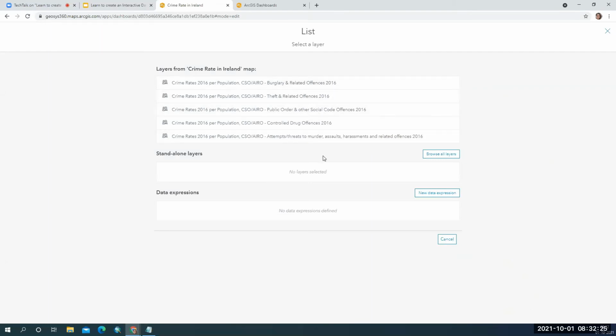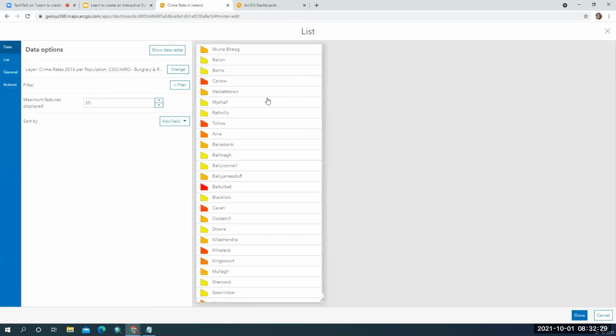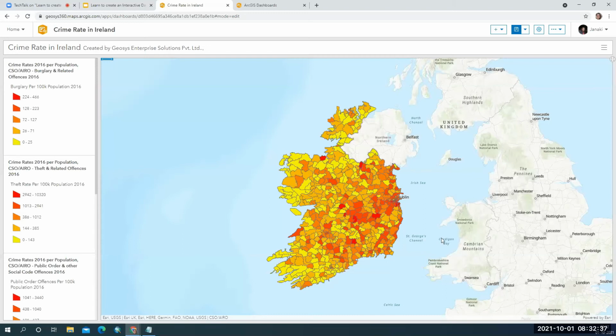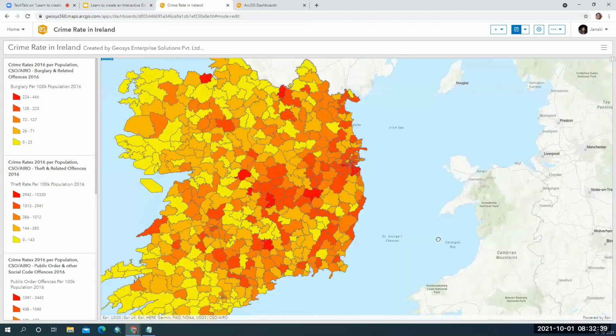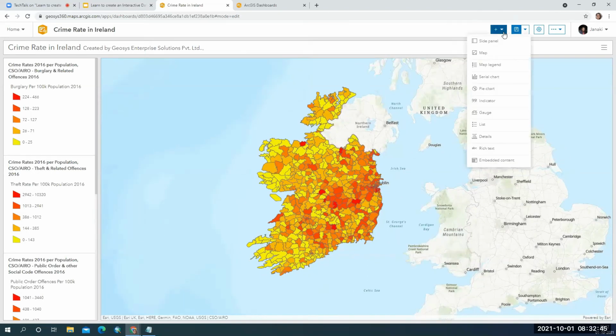If I want to see the layers, I can click here and see the information. Okay, so come back here and take the components for preparing the list.